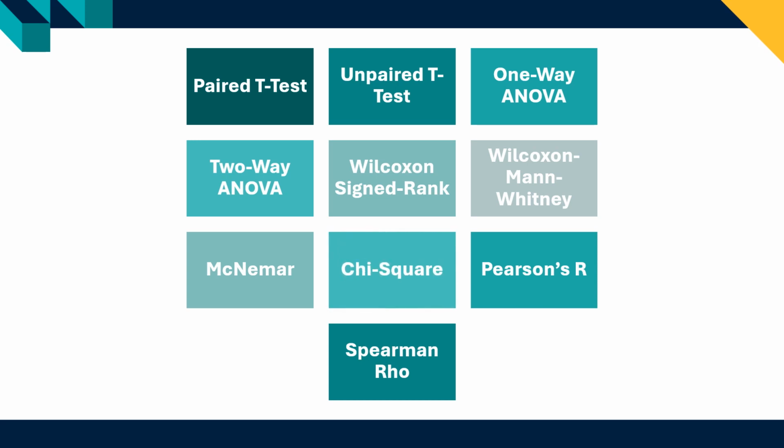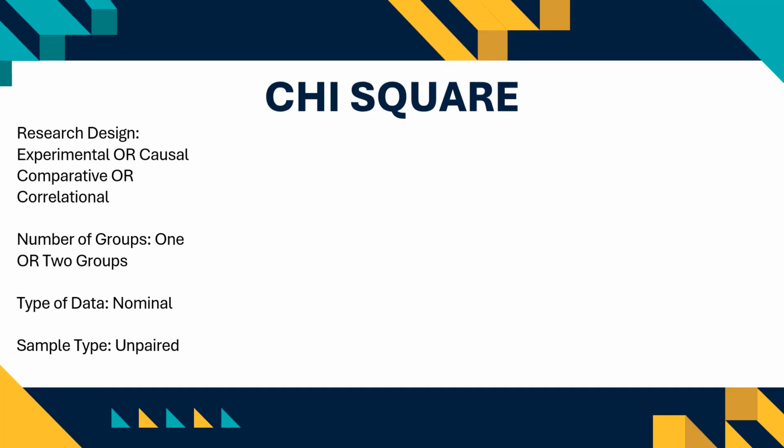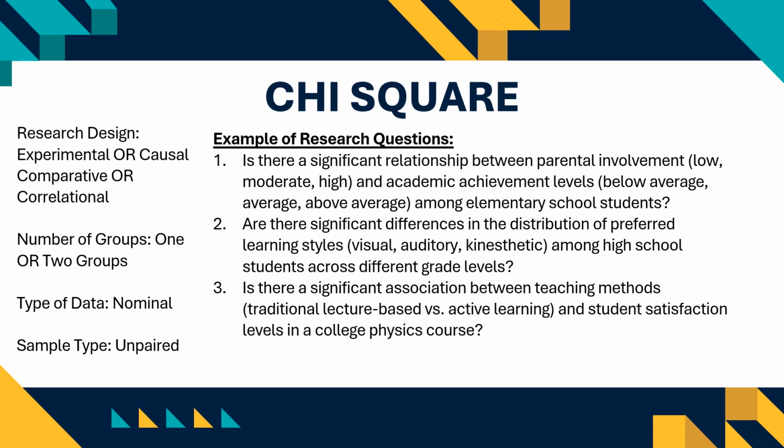Chi-square. The chi-square is used with experimental or causal comparative or correlational research. It's used if you have 1 or 2 groups, if the data type is nominal and the sample type is unpaired. Some examples of research questions are, is there a significant relationship between parental involvement and academic achievement levels